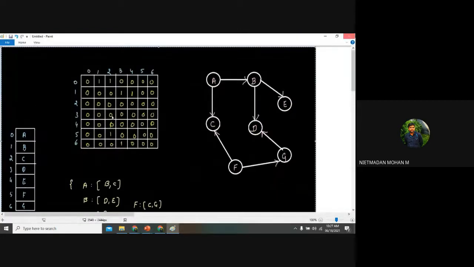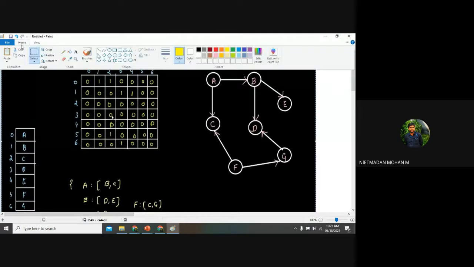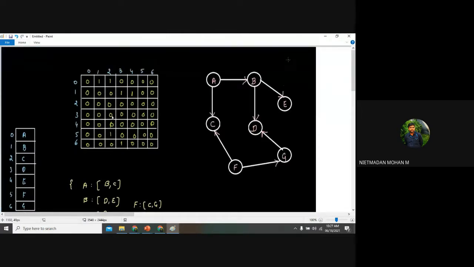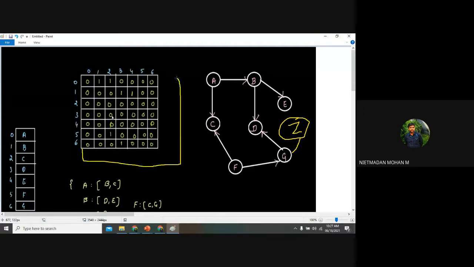Now I am going to insert an element called Z over here, and I am giving the neighbor node as G. Then how will the matrix representation be? It will be directed, sir. Yes, it will be directed. So I will give G to Z. Now how will the matrix representation be?